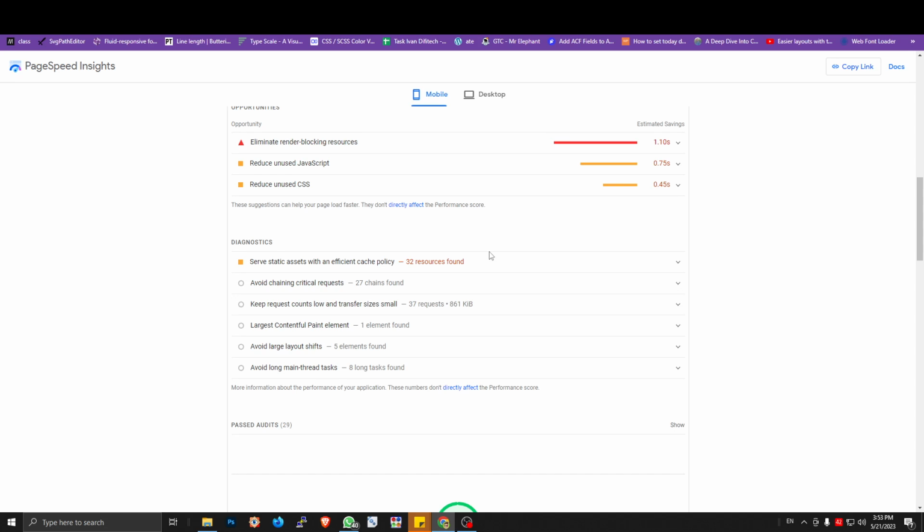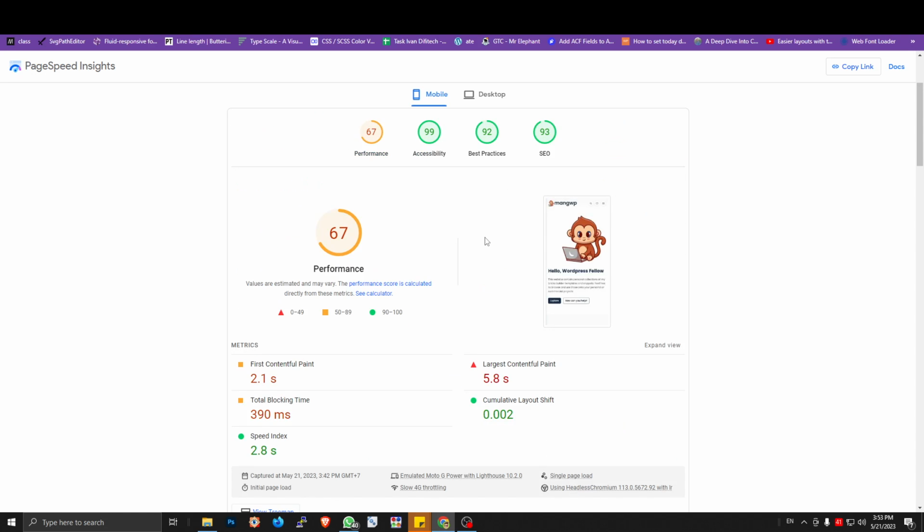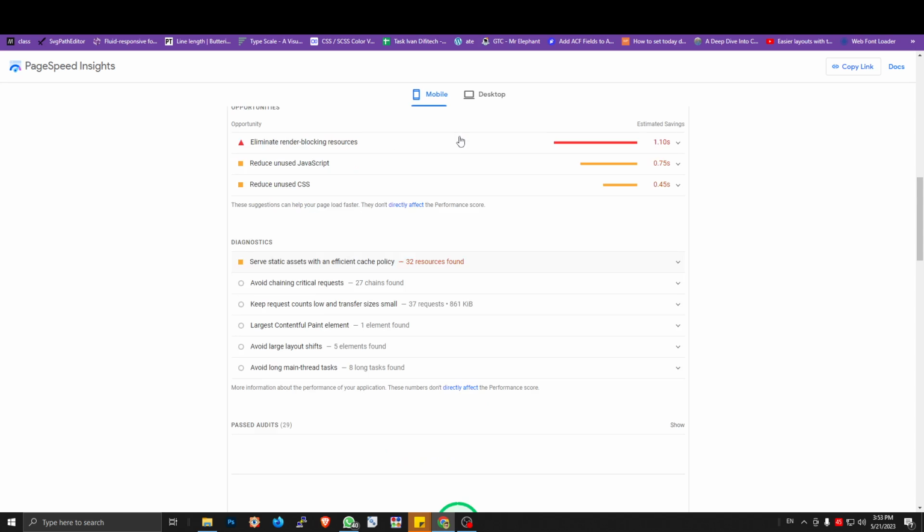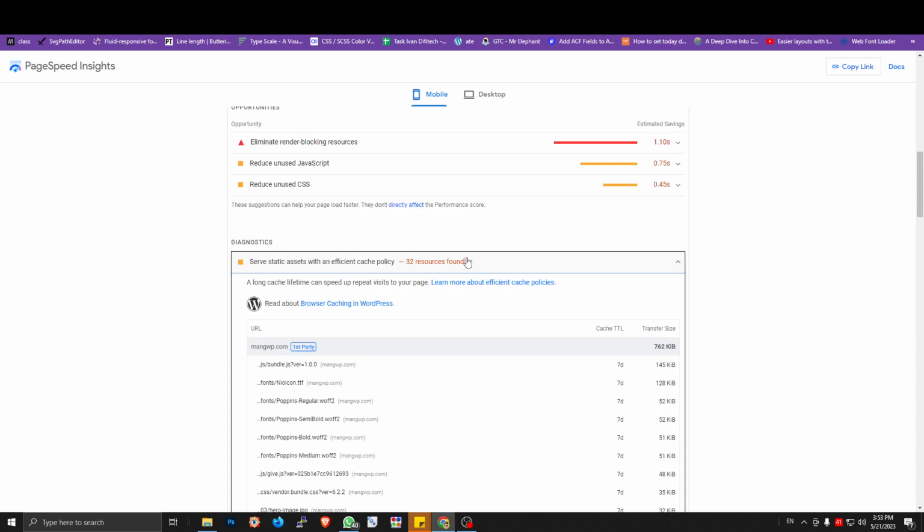As you can see here, this is my result from the PageSpeed Insights. There is a yellow issue. It's about the duration of the browser caching being too low. It's set by default from the web server, from the OpenLiteSpeed server.